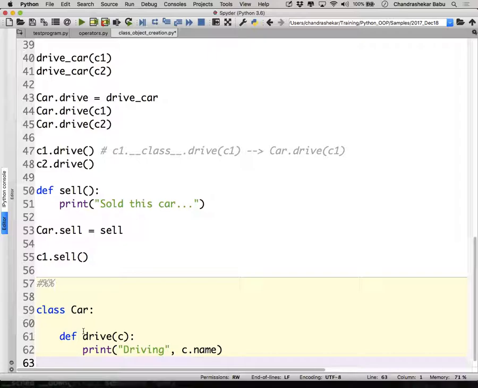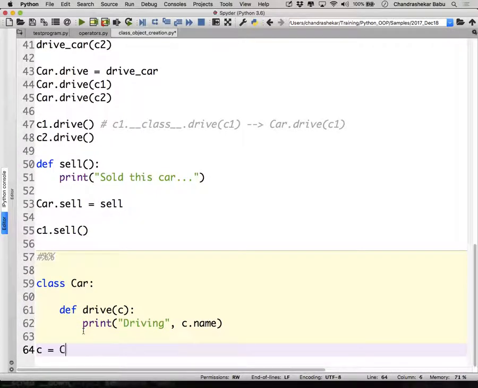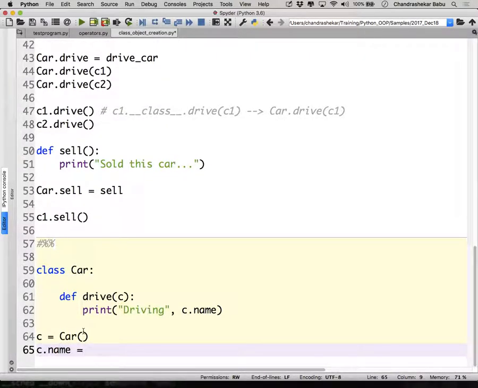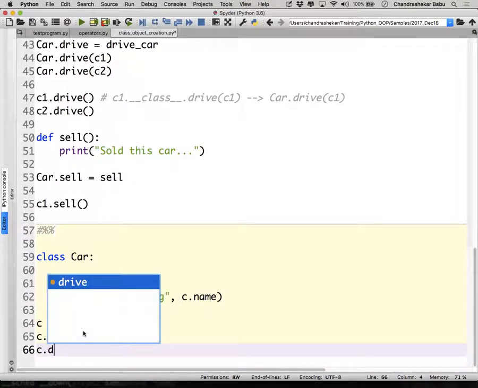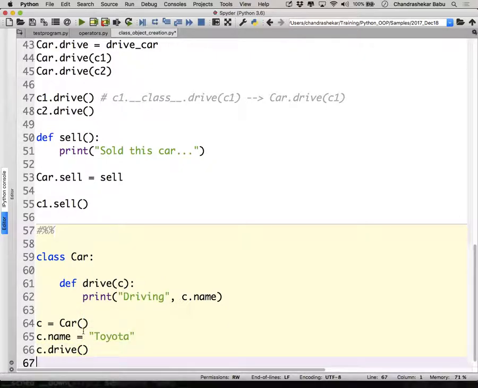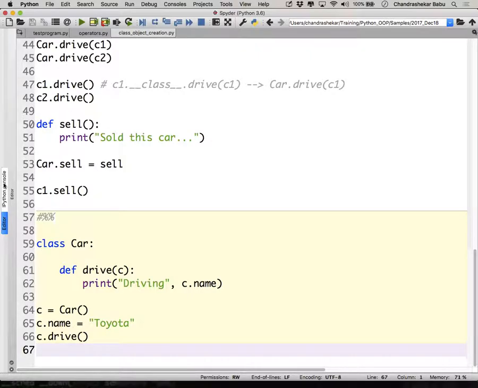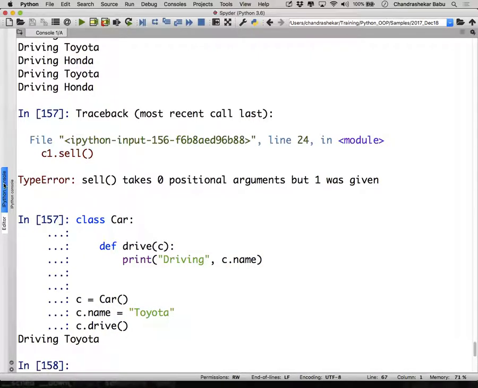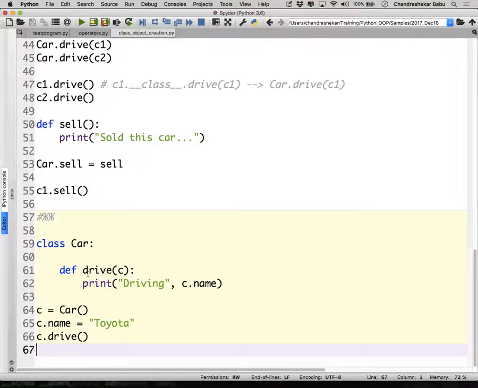A function object referred to by a class attribute running on the instance, right? It's called an instance method. When I say c is equal to car, c.name is equal to Toyota, c.drive, you can see how it works. Is the behavior? Driving Toyota, right? So this is how you create methods.